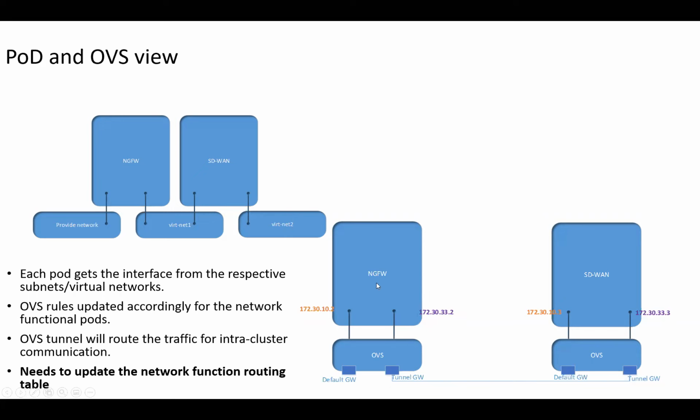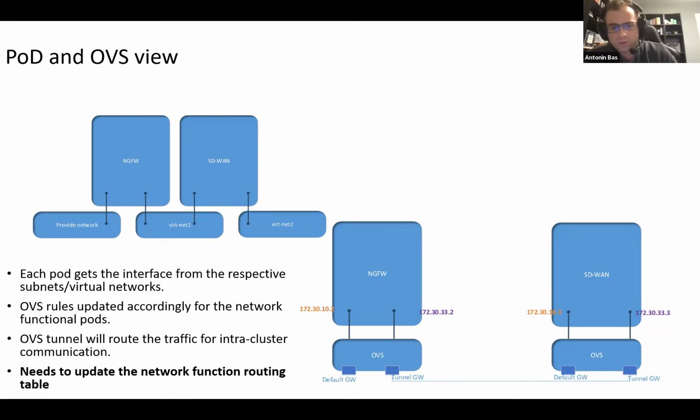Let's say you have an ingress here. The egress of the next-gen firewall should default to this interface, right? As of now, Antrea has the default route towards your default network. So we are going to modify the default route to always go through your right side network. And we are also preparing the demo. We are implementing that. Maybe in the next 2 weeks or so we can provide the demo.